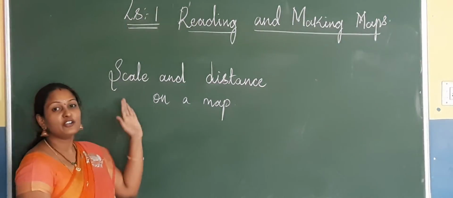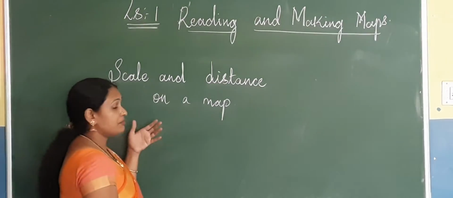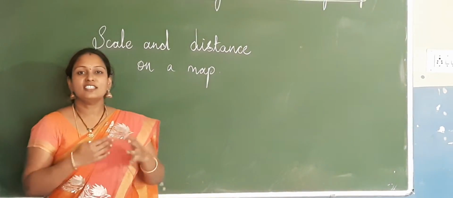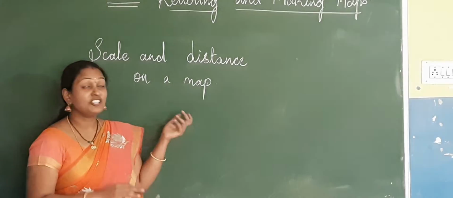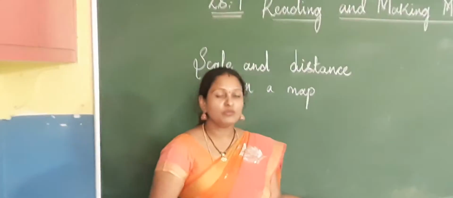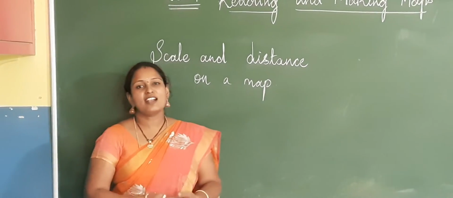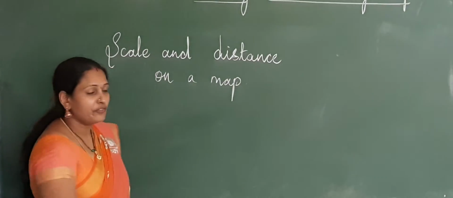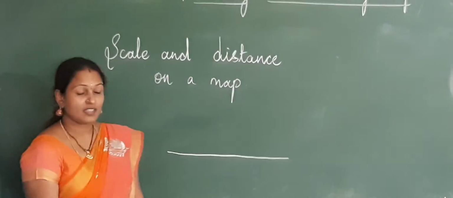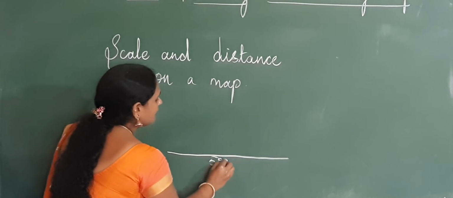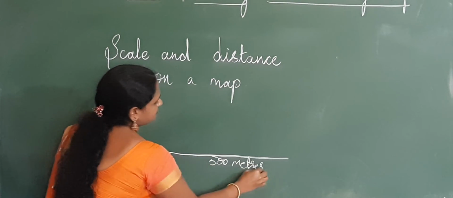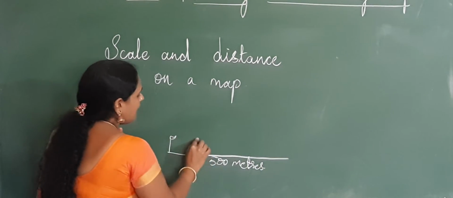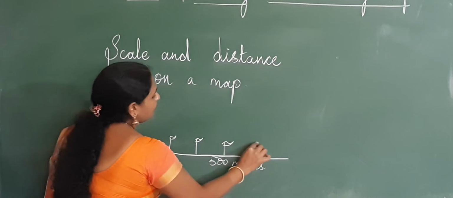So now children, you are going to learn scale and distance on a map. Before learning scale and distance also, there is a short story. The same Laila and Malika, they were staying in the same house. In the morning she learned how to read directions, and now on a fine evening, they both started moving out into the village to have a look at a stream. Right? When they were moving, they were passing on a bridge, which is 500 meters long. Right? So when they were moving on this bridge, they both started discussing the lamp post.